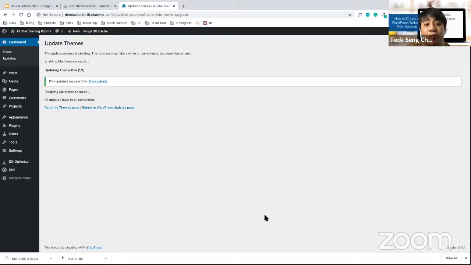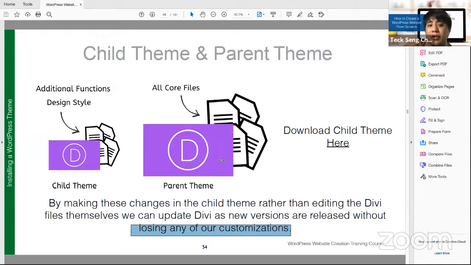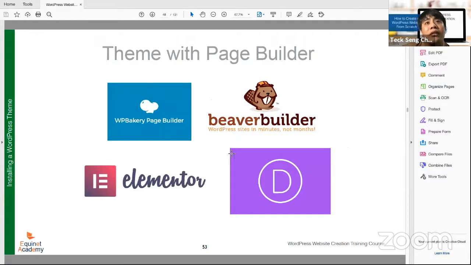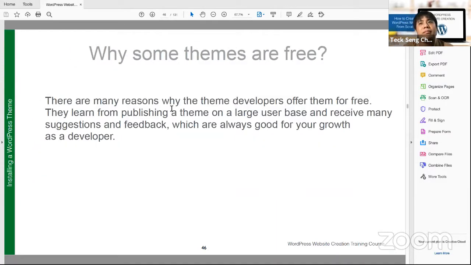Now, coming back to the question about parent theme and child theme, we talk about premium and free themes. So why is there a free theme and why are some of the themes premium? This will bring me back to the slides again. Free theme versus premium theme. The reason why there is a free theme is that developers, when they develop themes, usually will develop one free theme to put on WordPress to learn how to develop themes for premium versions.